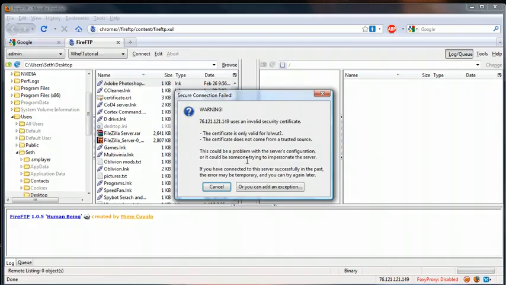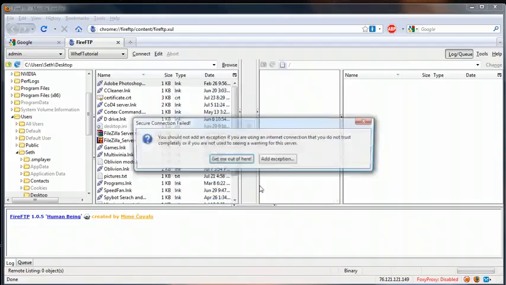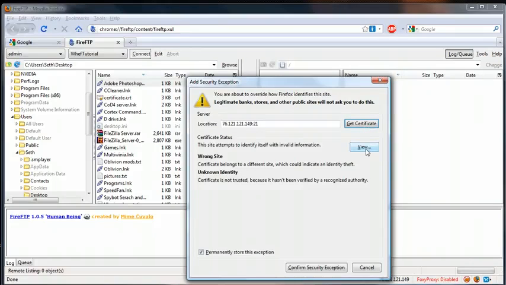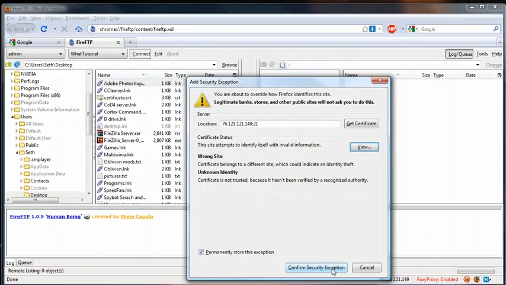Okay, now we're going to press connect, and a warning will appear about the certificate not being recognized. This is expected because we generated our own certificate instead of buying one, which is like $6 a year or something. So you're going to have to add an exception, and keep in mind they can see everything you put in. So you may not want to put your